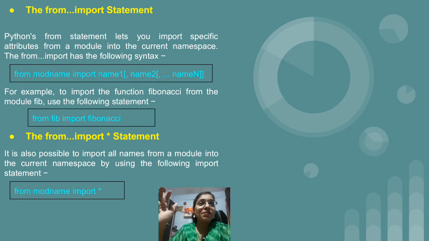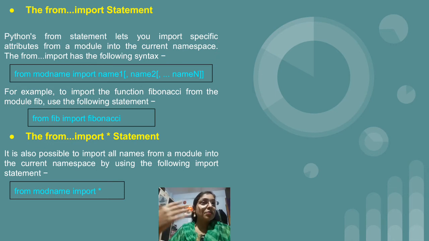For the same I am using the from import statement. So just write the from keyword, then the name of the module. What is the name of our module? Fib. After that write the import keyword, and after import, the function or method we want to import, that is Fibonacci.